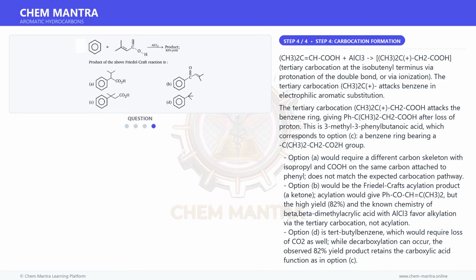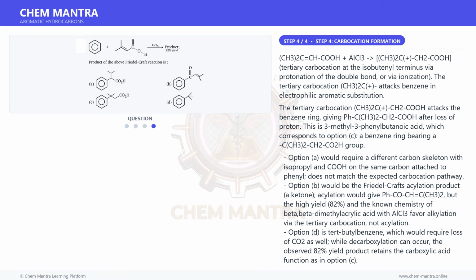(CH3)2C=CH2 plus AlCl3 gives (CH3)2C+CH2, a tertiary carbocation at the isobutenyl terminus, via protonation of the double bond or via ionization. The tertiary carbocation (CH3)2C+ attacks benzene in electrophilic aromatic substitution. The tertiary carbocation (CH3)2C+CH2 attacks the benzene ring, giving PhC(CH3)2CH2 after loss of a proton. This is